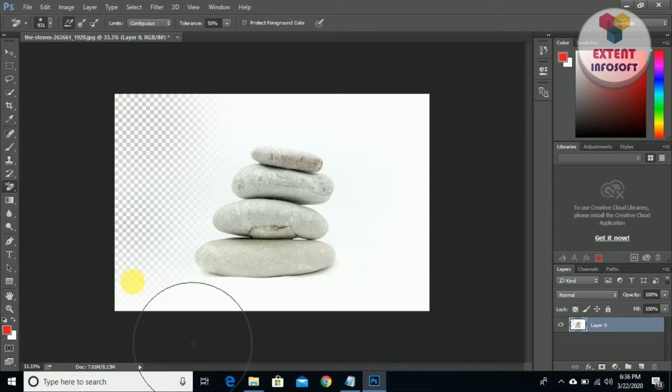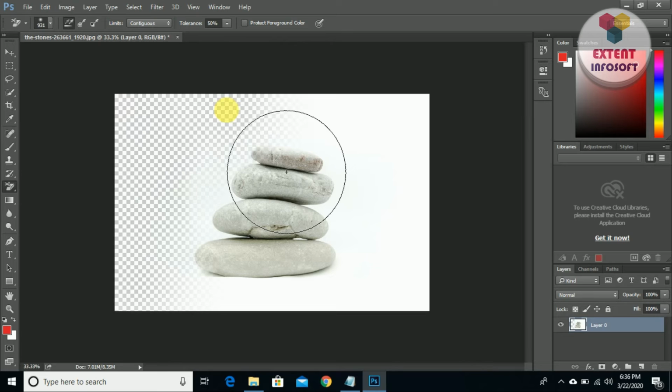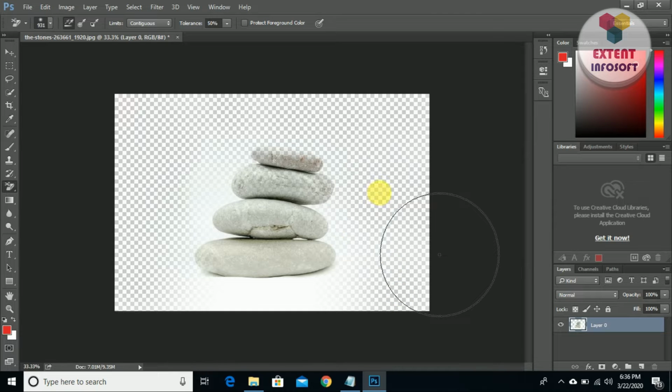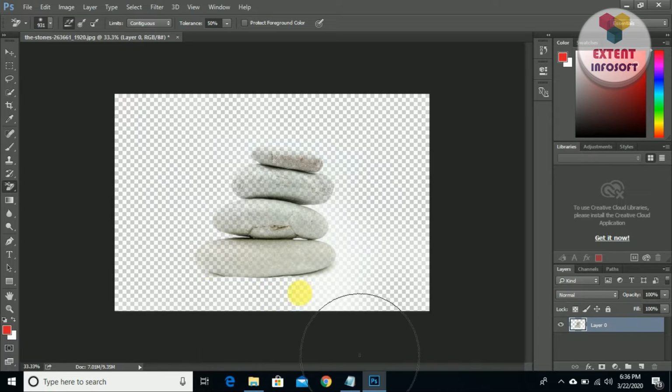And after selecting it, just go to Options and you can choose your size. And then you just have to click on the portions which you want to get a transparent background. In this way you can get your image background transparent. Slowly and steadily, as we do not want to erase the image itself, we have to do it slowly and steadily. Accordingly we have to choose the size of the brush or eraser so that there should be no problems with our image.